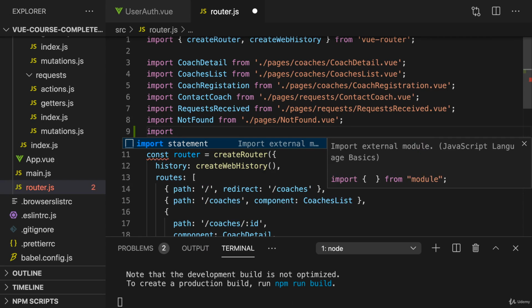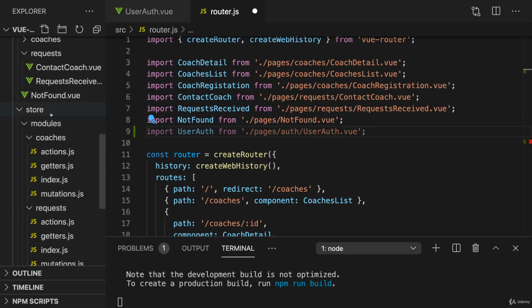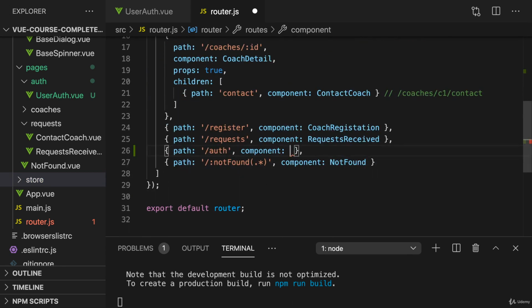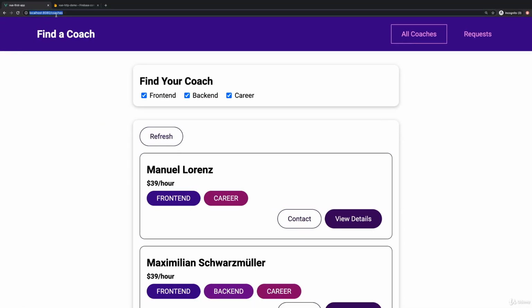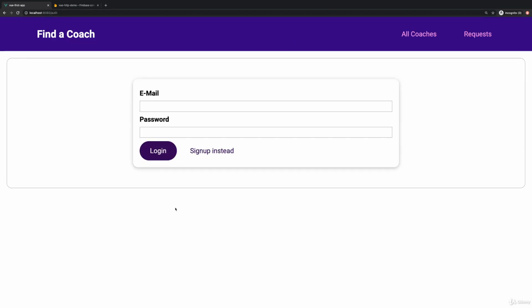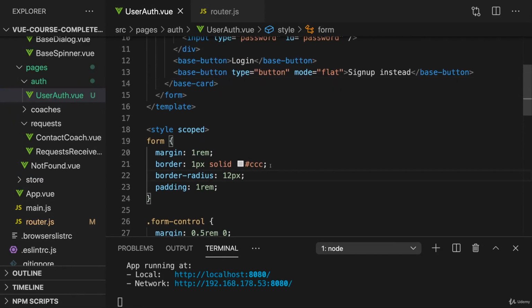So we import user auth from /pages/auth user auth.view. That's the component we just added here. And now user auth is the component that should be loaded when we visit /auth. So with that added, if we now enter /auth, and of course we'll soon add navigation options to get there, this is this component. Now one thing I want to change here in the styling, the form shouldn't have this